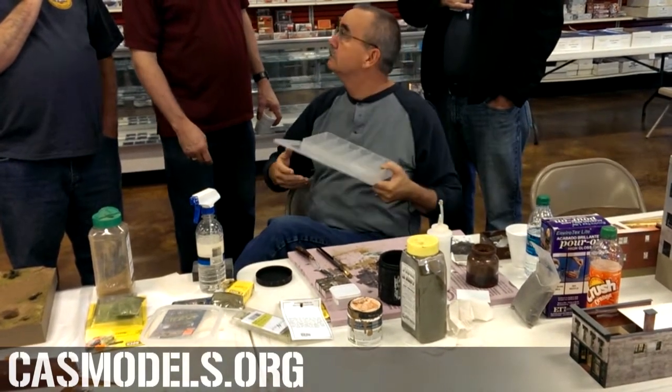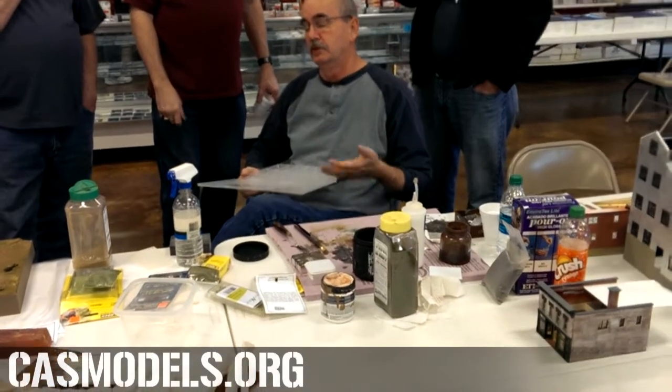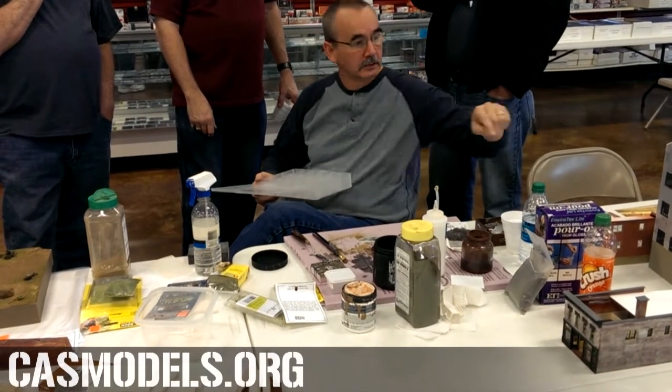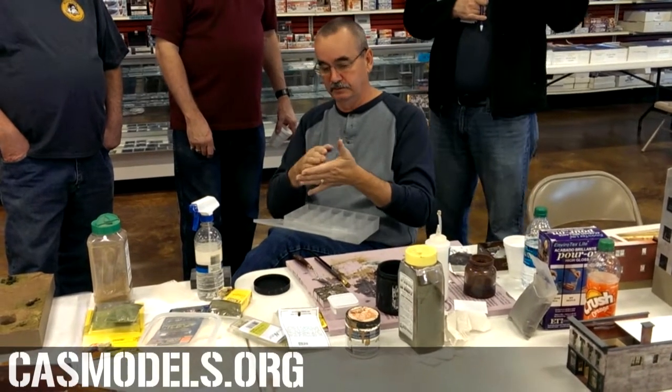You could use a paper cutter. Yeah, you can. I don't normally use anything heavier than 40 weight, although this roof is 60. But 40 is my preferred because you can cut through it really quick. It only takes 2 or 3 slices, and you only have to cut it